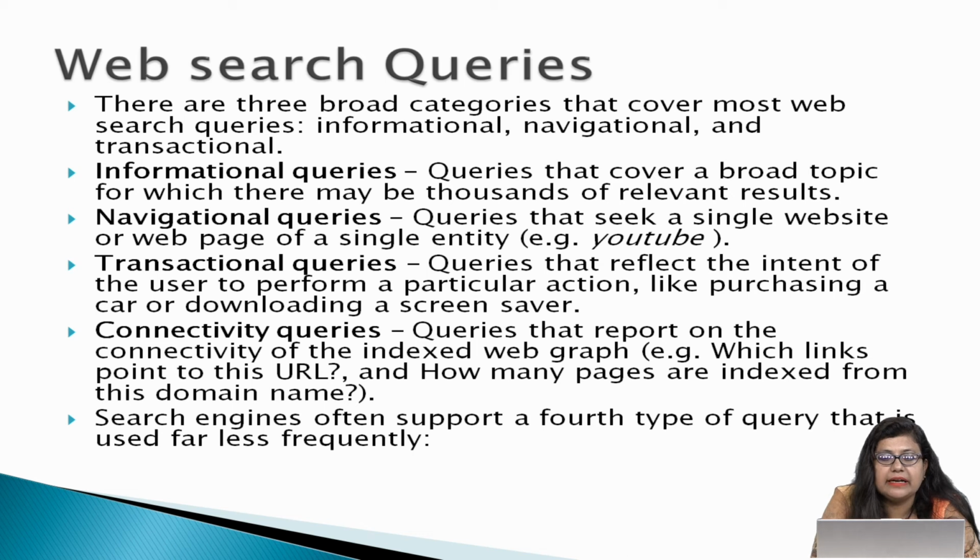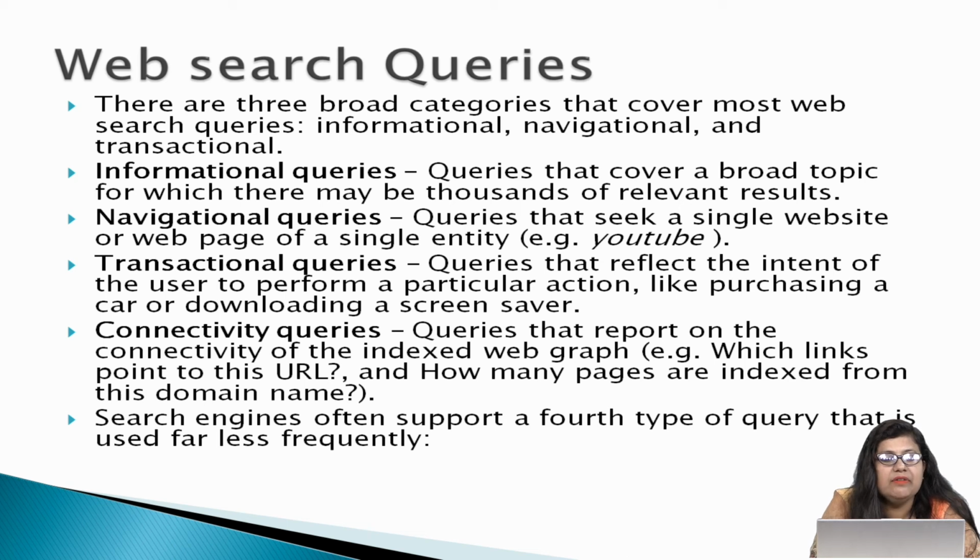There are three broad categories that cover most web search queries: informational, navigational, and transactional. Informational queries cover a broad topic for which there may be thousands of relevant results. Now you have a large number of topics that come under the informational query, from which you are getting a particular kind of information. Navigational queries seek a single website or web page of a single entity, like for example